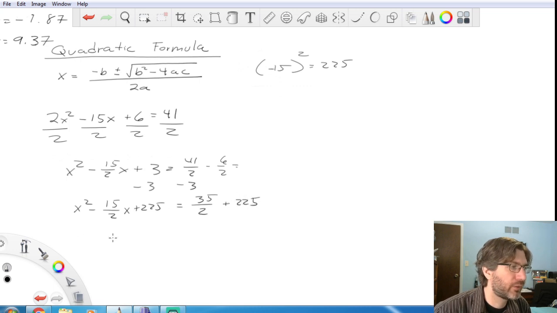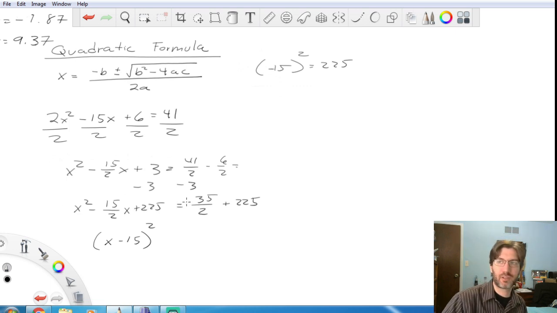So here you can do it as the perfect square. Don't let that fraction confuse you, because it is just going to be x minus 15 squared. Right? You're just going to take the square root of this, which we already found, and you take the square root of this, and when it's a perfect square, the middle term kind of cancels out. So you don't need it, but don't forget to add this part over here. So here we're going to need to find common denominators. Add, so 35,